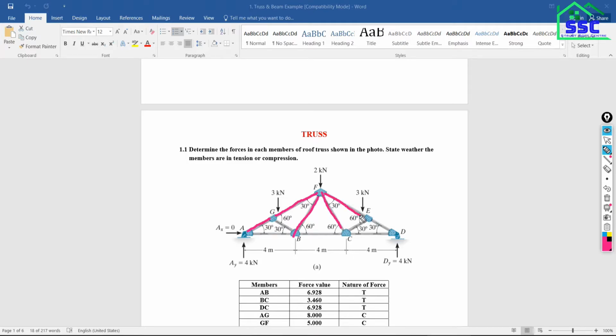So these all are separate members. But here while modeling, we have taken this element continuous. So we need to break this member at this joint. Is that clear? Hello?